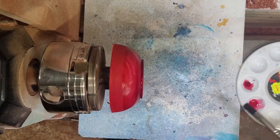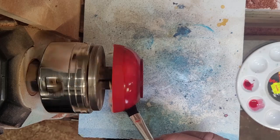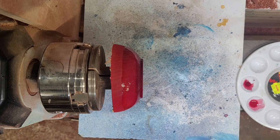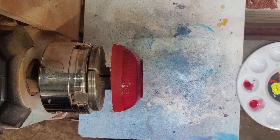So that's coat number 2 for the light pink. So I'll probably get back to this tonight and turn it round, hollow the bowl out and maybe put the defining lines on. I may not get back tomorrow because I have to